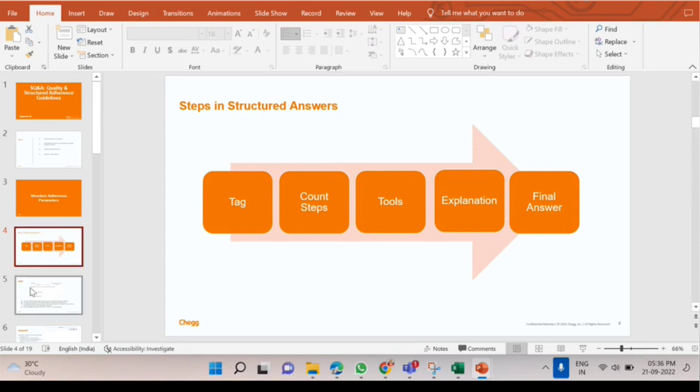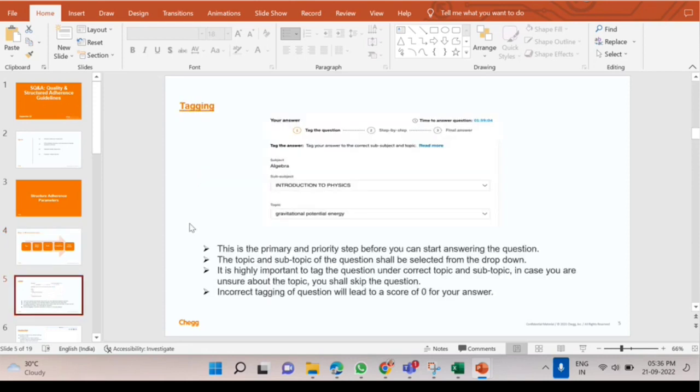So, what is tagging now? Once you get a question, we'll assign you questions. Once you open that question and you know the answer, and you know that you will be able to give a structured answer for that, then you will start answering that question. And once you click on the start answering option, you will get to see this kind of page